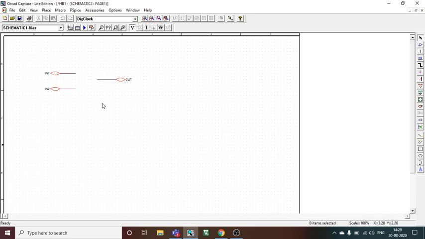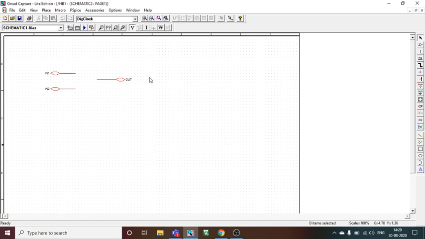as they were in hierarchical block, because these two blocks, the hierarchical block and the circuit diagram, will be actually matched with each other, and accordingly the output will be generated. If we have taken input one and input two in the hierarchical block, same we will have to take it here. And if you have taken out over there, same out, you will have to cross check. If it does not match, there will be a net listing problem which may create errors.